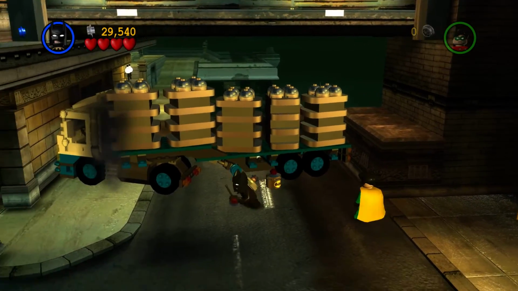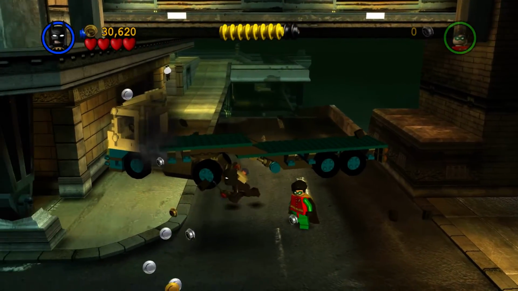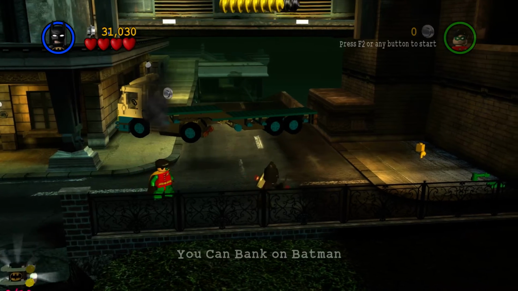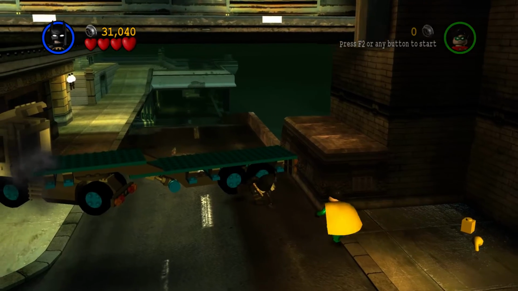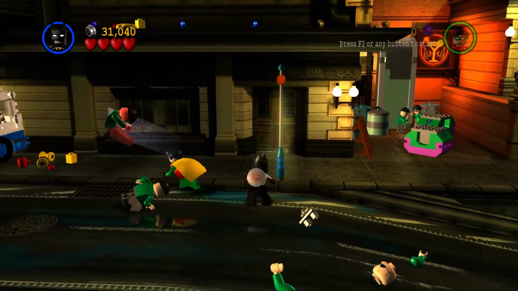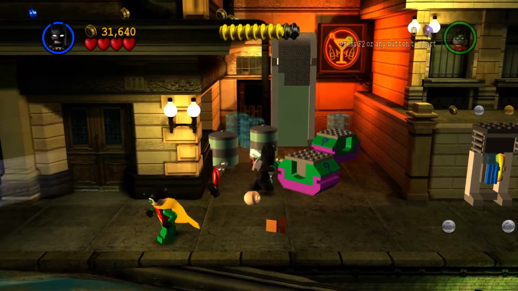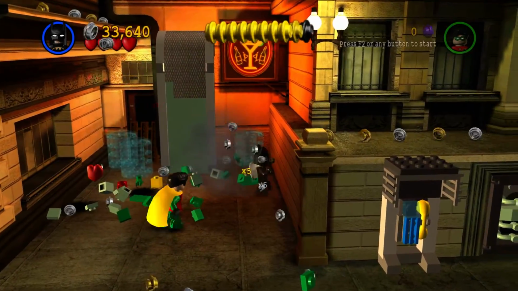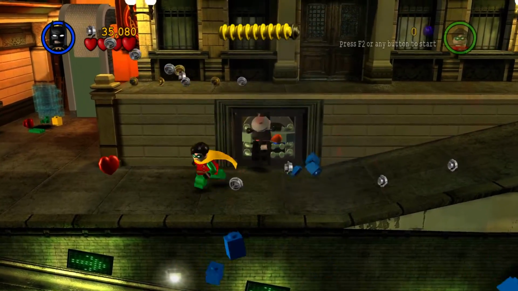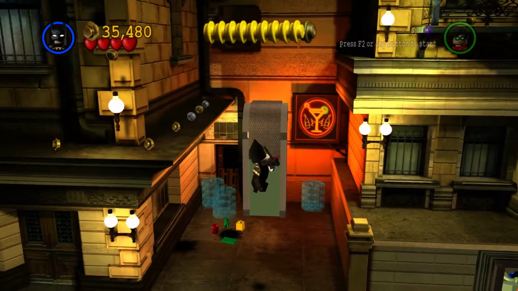So we gotta blow this up and get this out of the way. Almost to the full bar. If we hit pause here, we can see there's 10 of the mini kit sets as usual in the Lego game. And maybe a red brick somewhere around here? Maybe, maybe not. We've got all kinds of Riddler boxes sitting around to punch. There's another phone booth broken. Come over here and